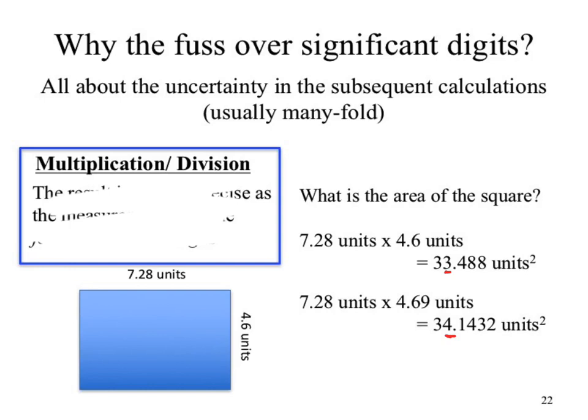Okay, so if we're going to report our answer, we're actually going to have to report this one as 33 units squared. We can only report out to where we had that guess. And remember the 34 one, I just made up some numbers here. I can only call this one 33 units squared, but nothing about my measurements suggests I should report to the ones place. That's because the rule that we used for addition and subtraction doesn't apply.